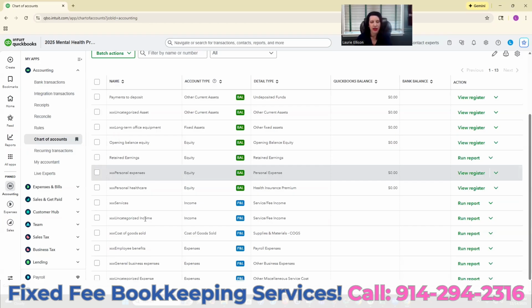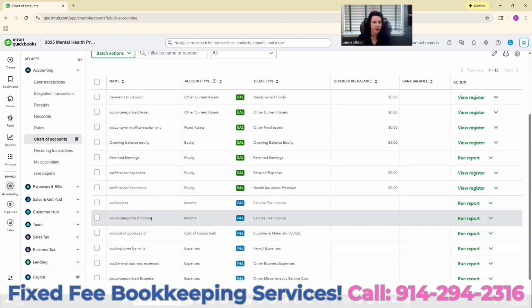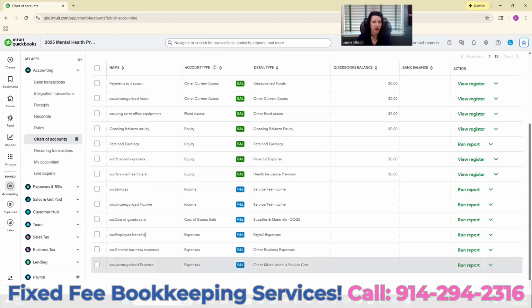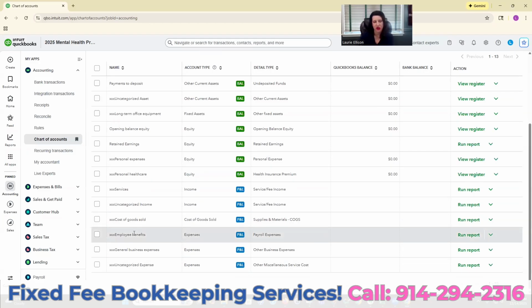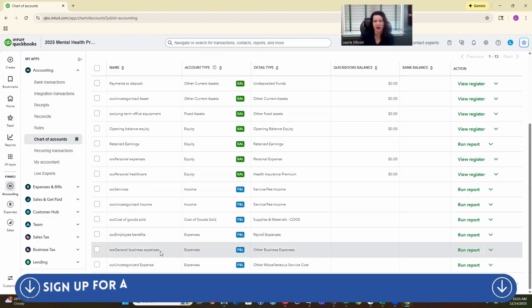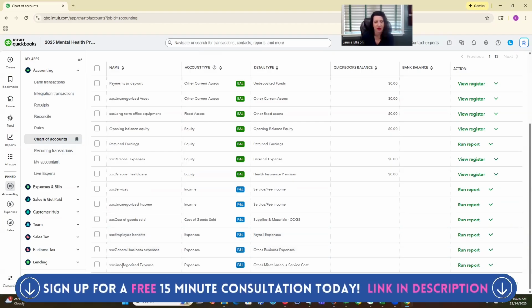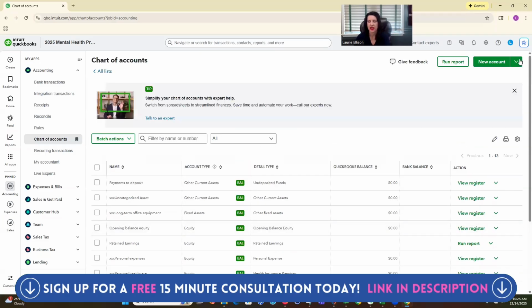Okay, we don't want anything uncategorized. We're importing my chart of accounts, so I got rid of these. And general business expenses is a very weird name, so I don't like that. And again, we don't want uncategorized income or expense. I do give you one category called Ask My Accountant, and that's for you to put anything that you do need to research. So now let's go to the next step, which is importing